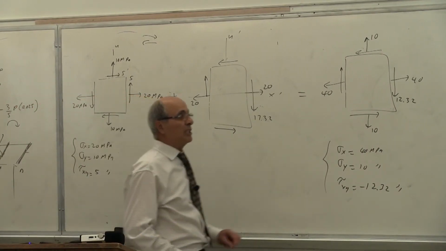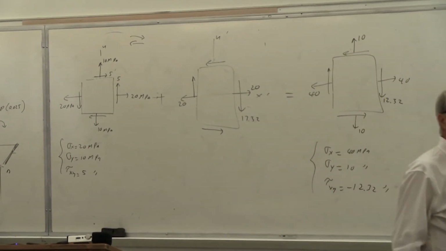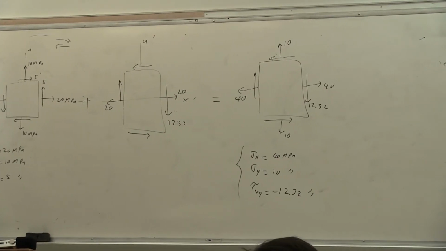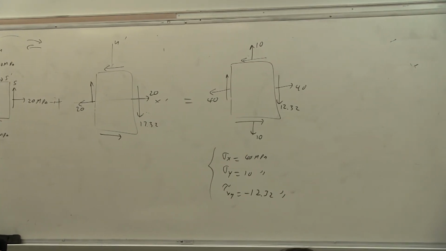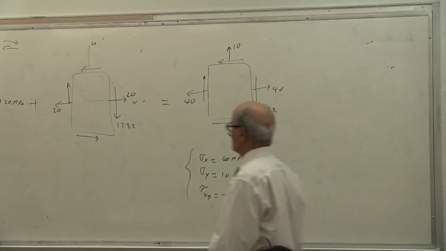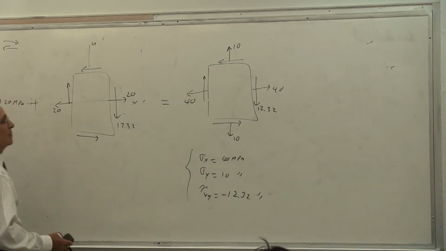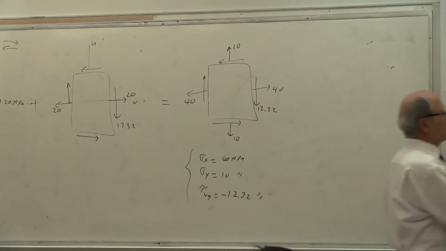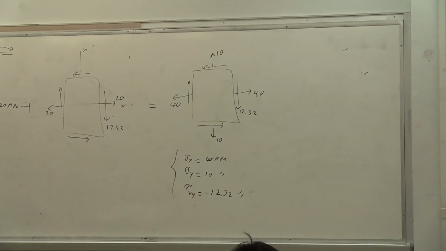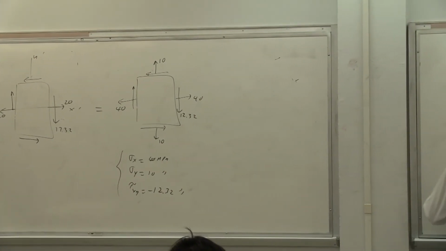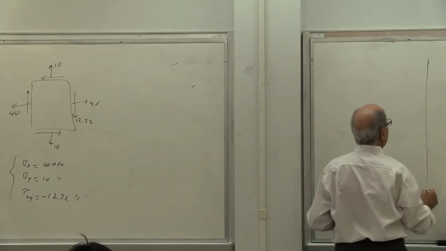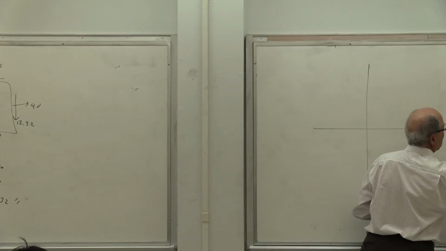Now, the next question is what I was showing you earlier. Find the principal stresses and absolute maximum shear. Okay, let's do it. How do we do that? Little by little, you get the hang of everything, then you understand what's going on here. So this time, I'm going to put all the numbers here. What's sigma average? You can do it this way, or let's do it with the Mohr circle again. So let's do it with the graphical.